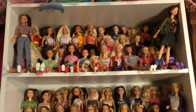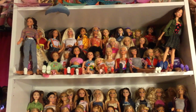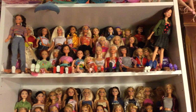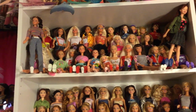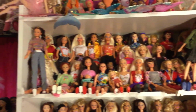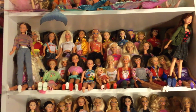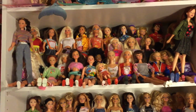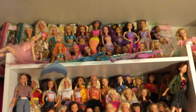And then this shelf is pretty much the same, except it's my Barbies from the 80s and 90s. I don't think I have any 80s Barbies there, but almost all of them are 90s Barbies. And I really love this shelf in particular because I really didn't start getting into 80s and 90s Barbies until recently, and I've really found a love for them, and I'm really excited that my collection is growing. And then all the way up there